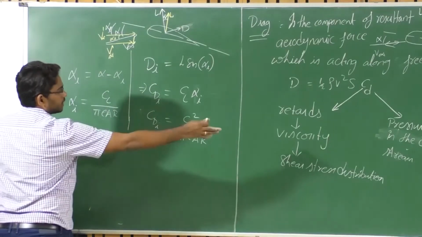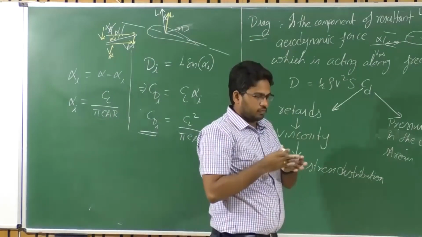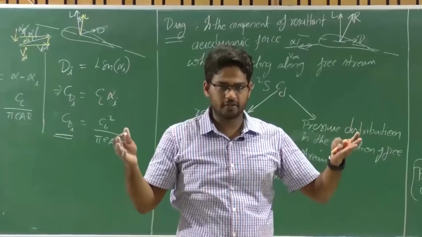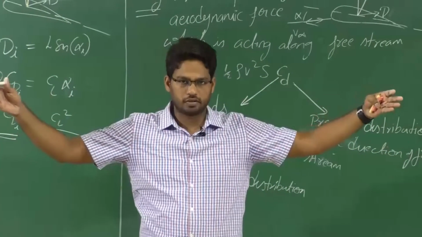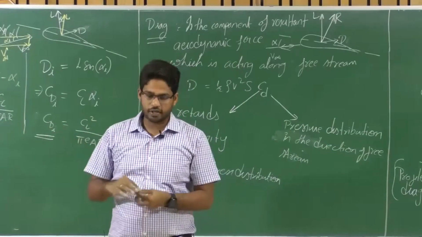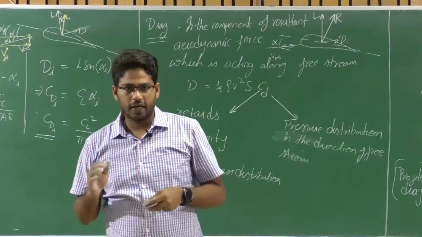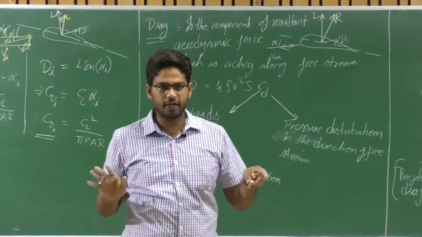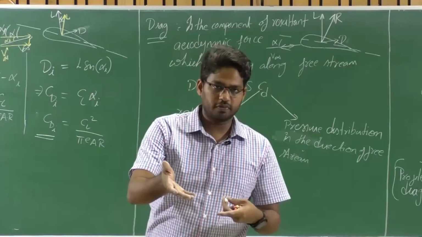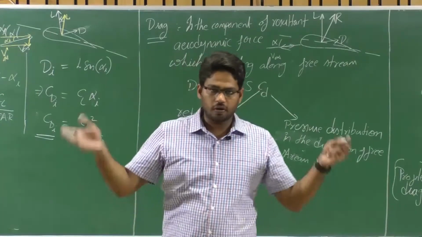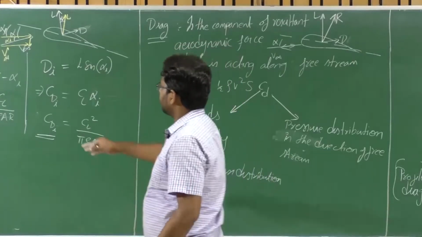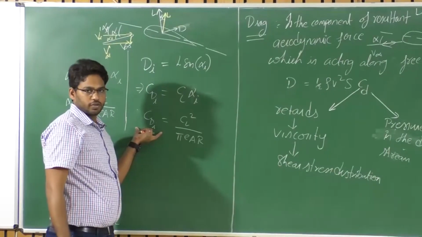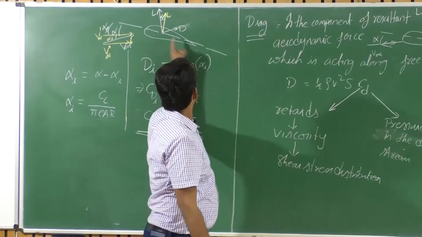Apart from this, if you consider a finite wing, it has tip vortices near the tip chords. Those tip vortices will try to drive the air along the spanwise direction, and then the wing creates an upwash ahead, upstream of the wing, and downwash in the downstream of the wing. All three together will alter the local flow and induce an angle of attack and produce this induced drag. So there is a contribution of lift to the drag.